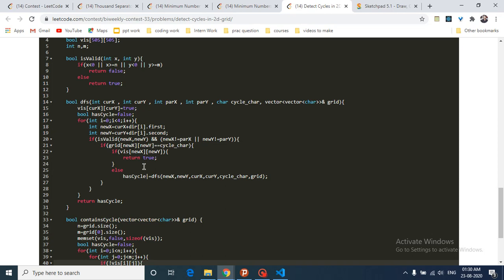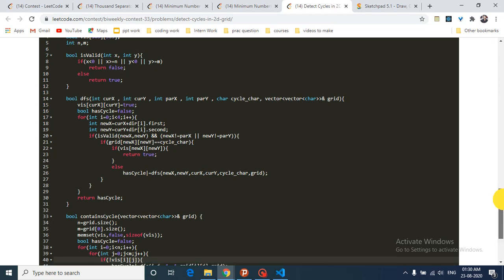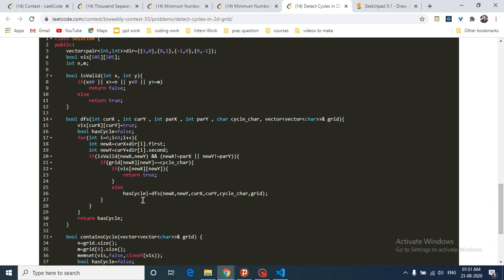Else, if this is not visited, we call this DFS again with the new position as the current position, the current xy becoming the parent, and the character and grid remaining the same. We do an OR operation the same way, and then we return has cycle, which stores whether there is a cycle while moving along this path.